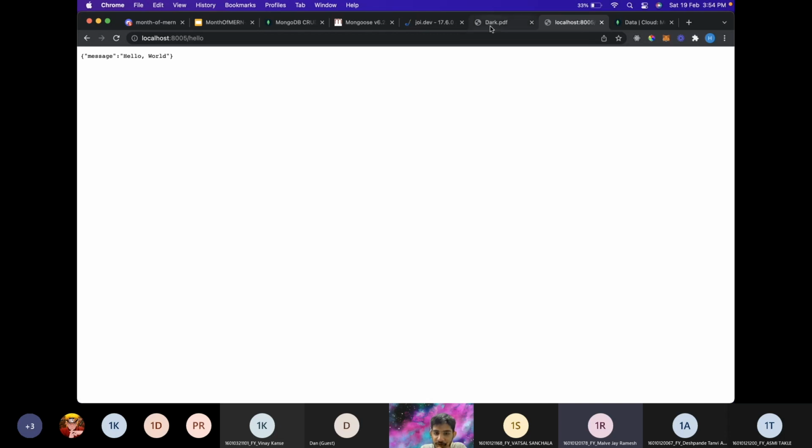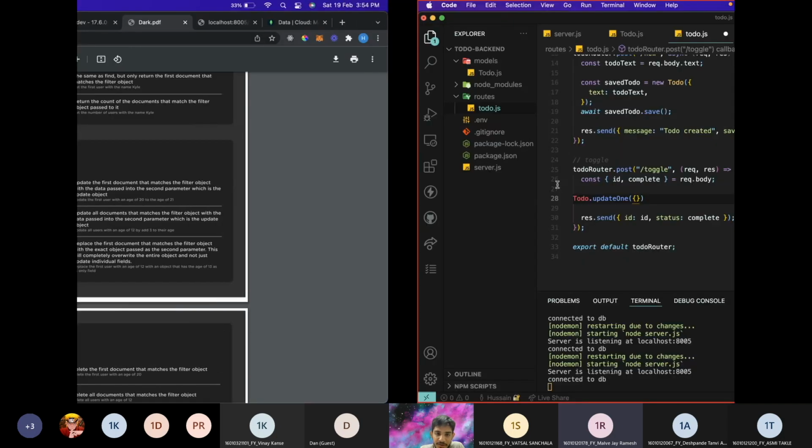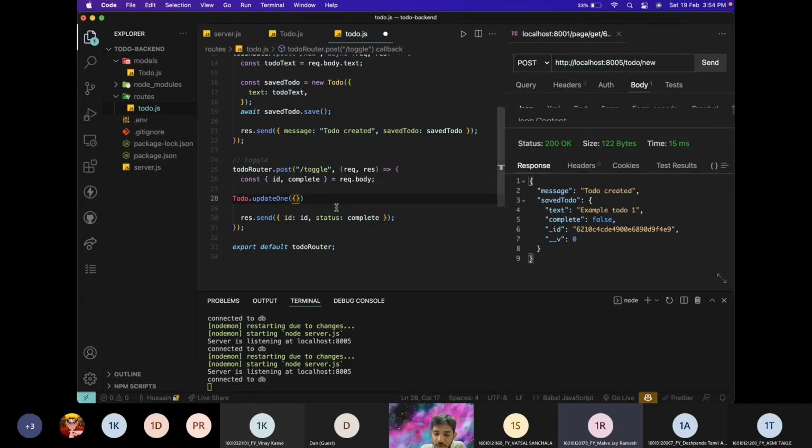But I'll just refer to the summarization, and here you can see that the update one, the first argument that it takes is to filter out which one you want to update. So which to do we want to update? We want to update the to do where ID जो है वो बराबर है ये ID के जो request.body में